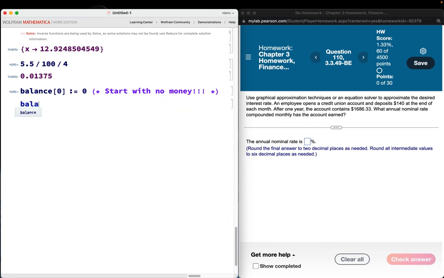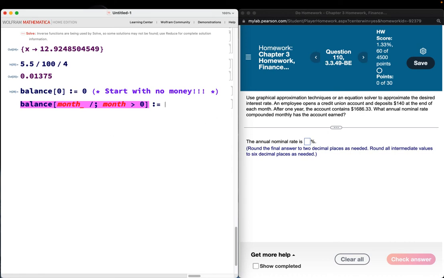And then balance of the month, and we're talking about months here, and you need that underscore because we're talking about an argument to a function, right? And the month is going to be greater than 0. I think technically you don't really need to put in month greater than 0, but I think it's a good idea, okay? It doesn't hurt. And here, what is the interest rate?